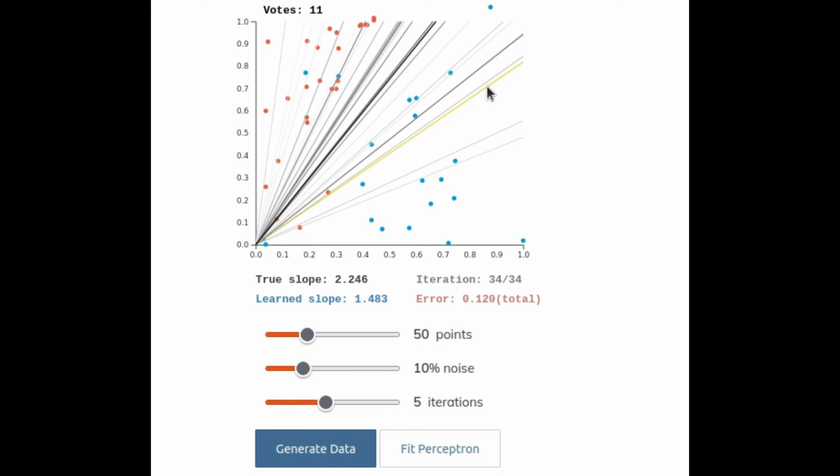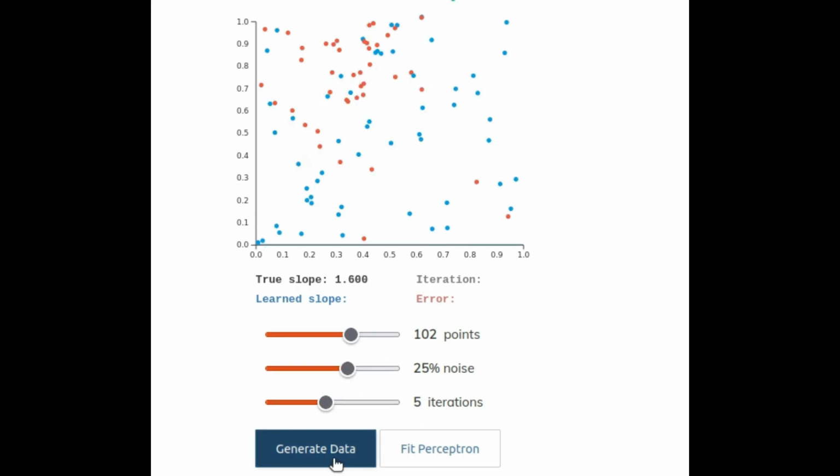So let me change my number of data points to 100, say, and let me increase my overlap to around 25%, and my number of iterations we leave as 5, and again we generate some data and we try to fit our perceptron. As we can see, these are all the perceptron hyperplanes that are being generated while the data is being learned.